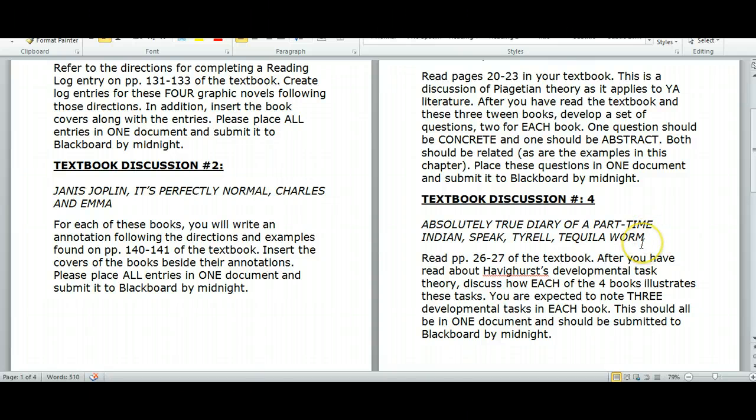Textbook discussion number 4. You're going to center on Absolutely True Diary of a Part-Time Indian, Speak, Tyrell, and The Tequila Worm. This also sends you back into the early chapters of the textbook, asks you to look at pages 26 and 27 and read about Havighurst's developmental task theory. And what you're going to do for each of the books is provide examples for how each of these books contains 3 developmental tasks. So you're going to look at Tyrell, and you're going to say, in Tyrell, we see